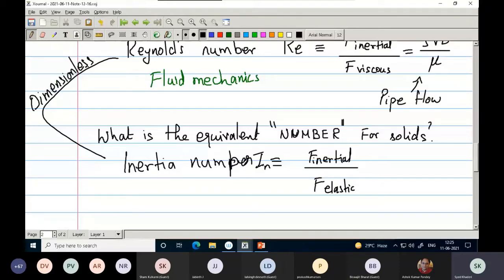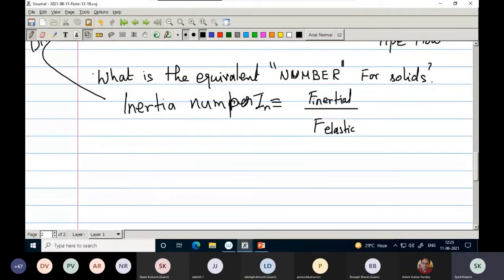So now you know how you arrive at these dimensionless numbers. We arrive at them by taking the equation of motion and non-dimensionalizing it. Then you get the dimensionless parameters. So this is the deal. Is the problem understood now?